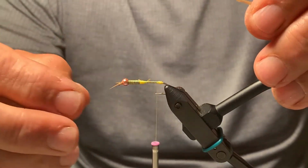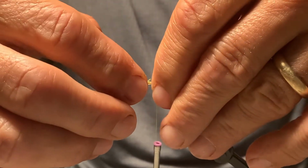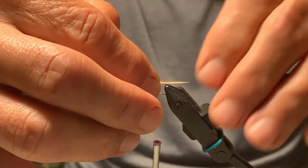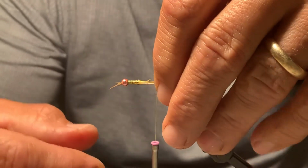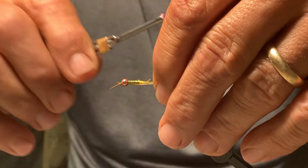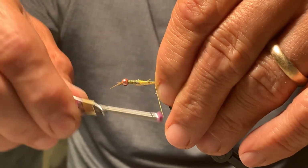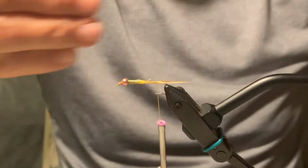All right. And then we're going to take our biot and we're going to put a longer, so whatever you tie in the front, you got 1/2 inch in the front, you want at least 1 inch or longer in the back. So I'm going to put it right alongside the shank, make sure my length is what I want, adjust it if I need, back or forward. And then I'm just going to tie that biot right in the front side of that ball that we just did. And that kicks it out